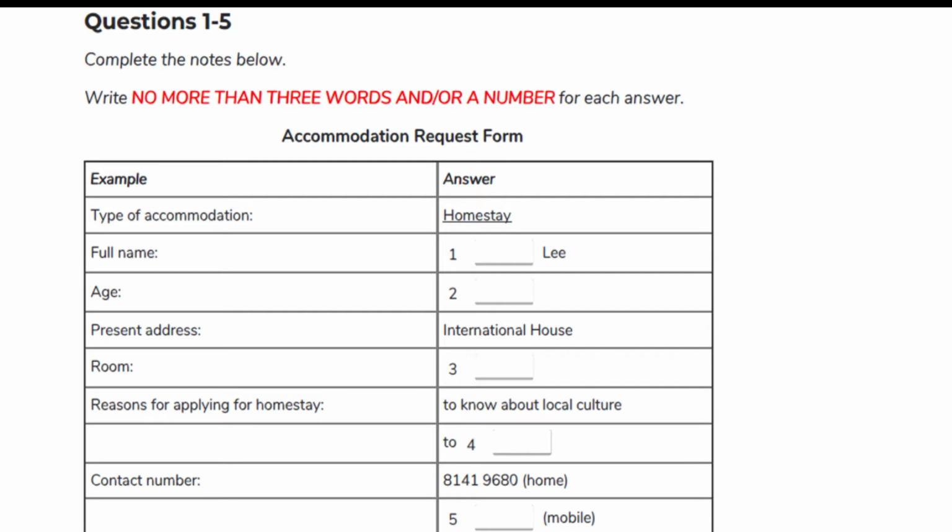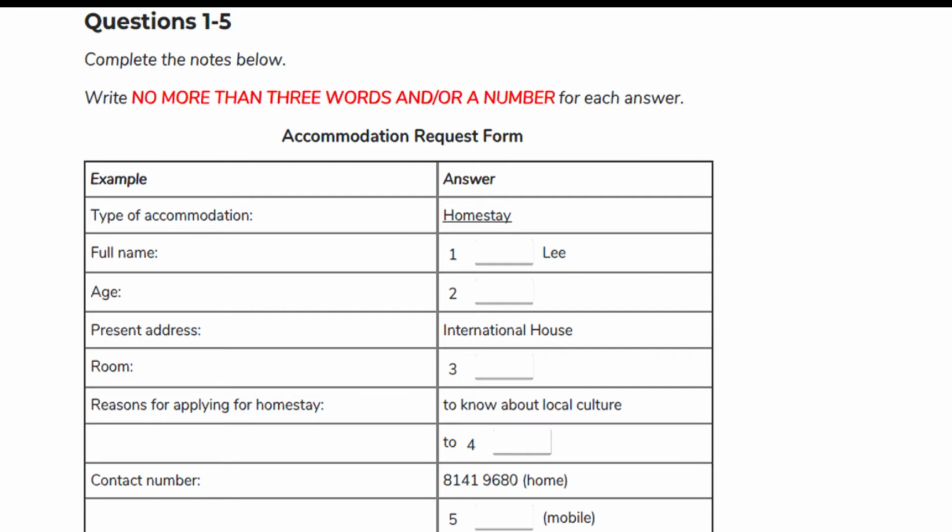Yes. Okay. And your age? I'm 18 years old. So you are a freshman in our university? Yes. What's your present address? I live in student accommodation. International House. In which area? North Campus. Your room number?